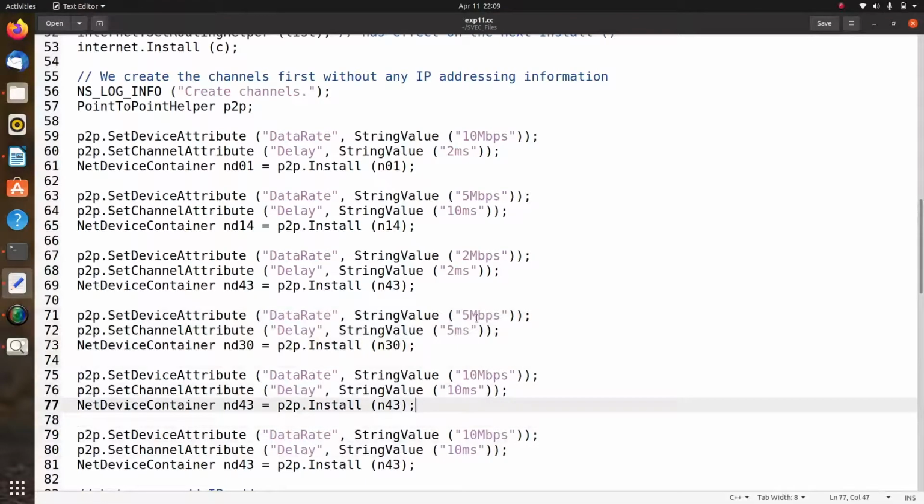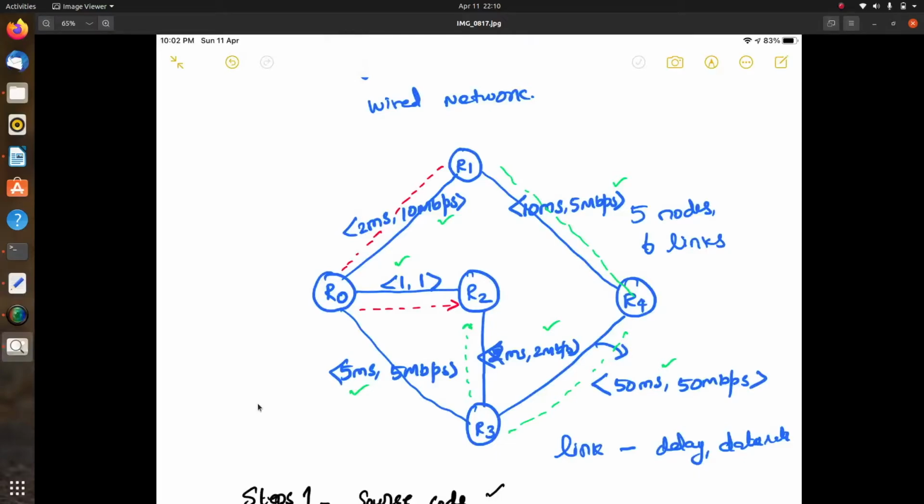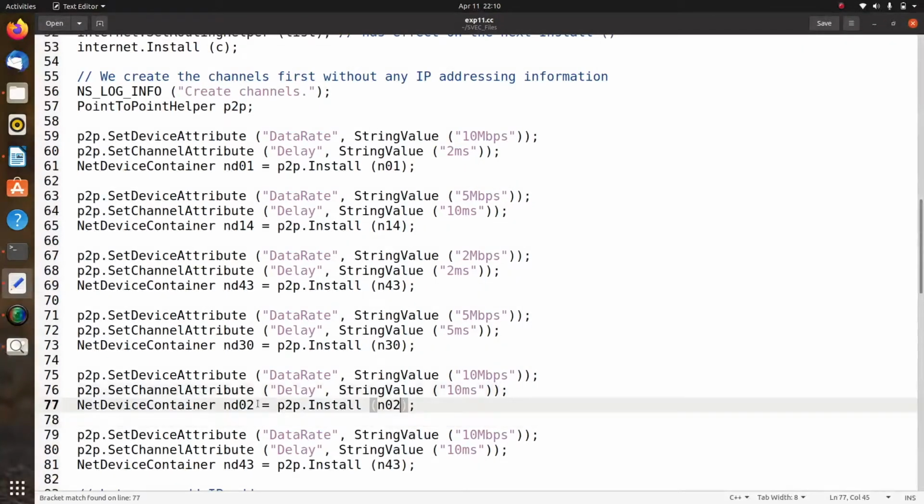So next thing is 02. We'll give a value 02 here also. In 02 the value is around 1 millisecond and 1 Mbps.